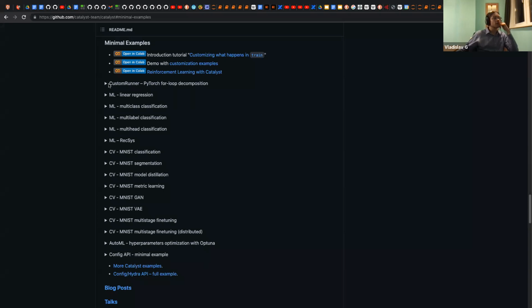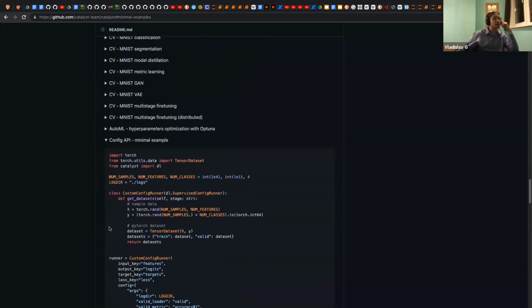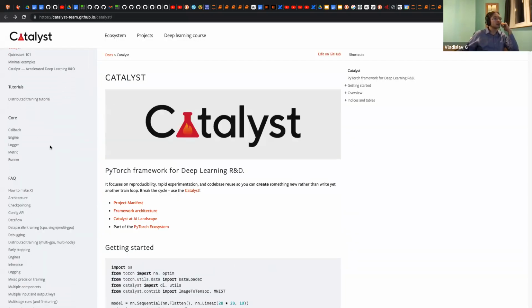They are called minimal, but they are not so minimal. And here we have many things, starting from simple linear regression and multi-class classification, going to recommendation systems and computer vision, different computer vision tasks, including GANs, including VAE, which we will speak about a bit later in this course, and finishing in AutoML and config API.